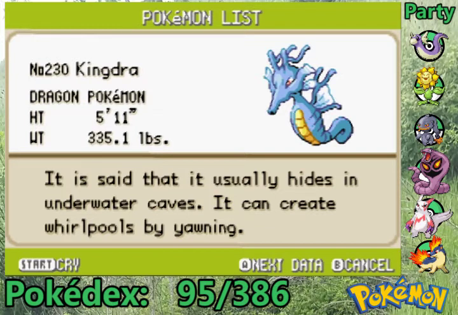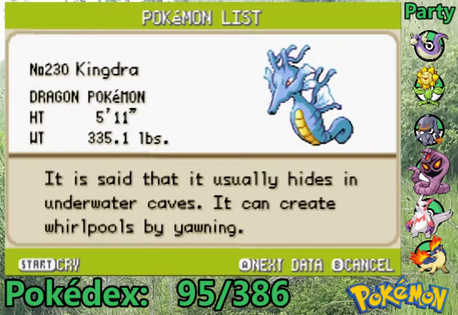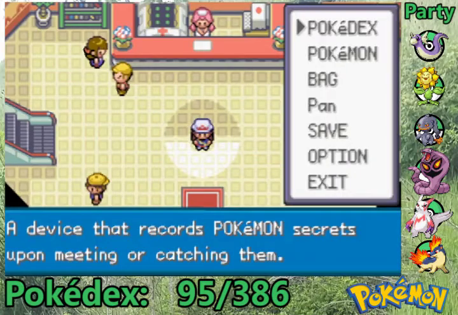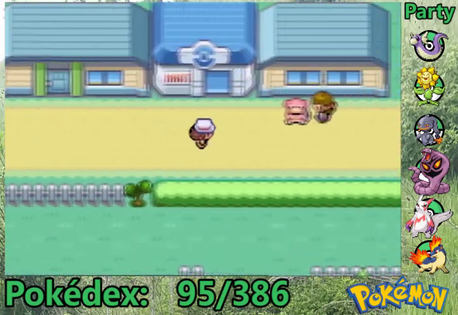Kingdra is the Dragon Pokemon. It is 5'11", 335 pounds. Big. It is said that it usually hides in underwater caves. It can create whirlpools by yawning, which I don't know if seahorses actually yawn, but that's a seahorse that we could ride, assuming that we get Surf anytime soon, which we won't. After all, we only have 2 badges. We have almost flat out refused to make any story progress in favor of catching 95 Pokemon in our safari. So I think...